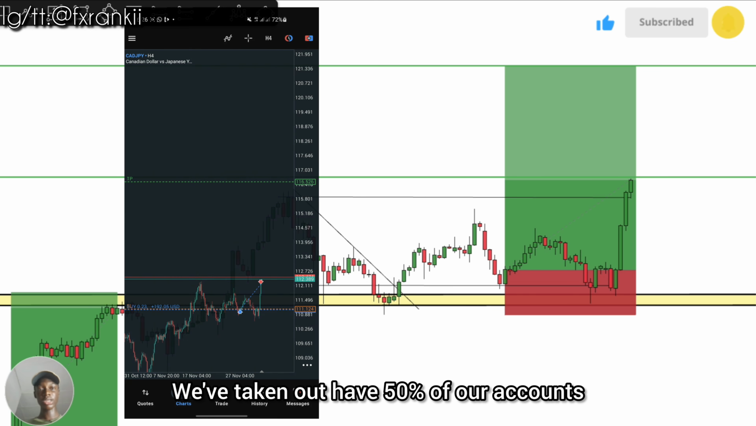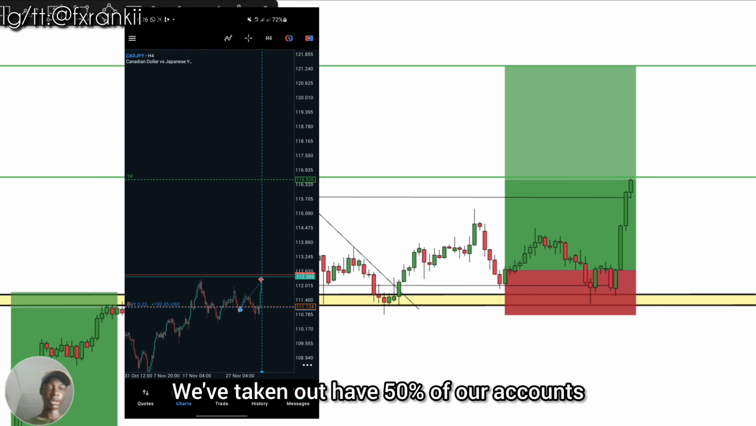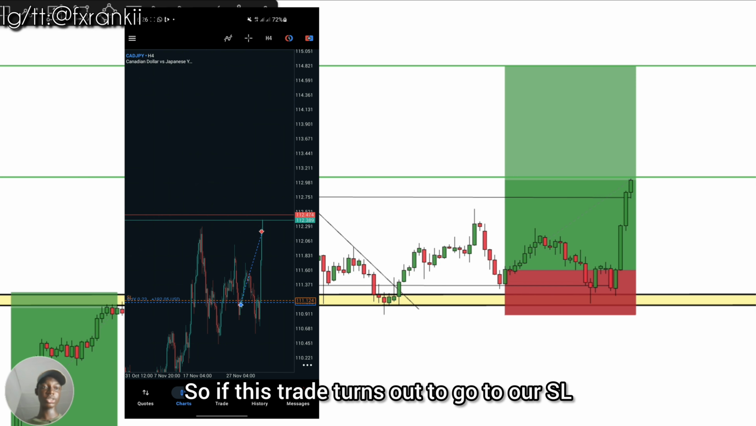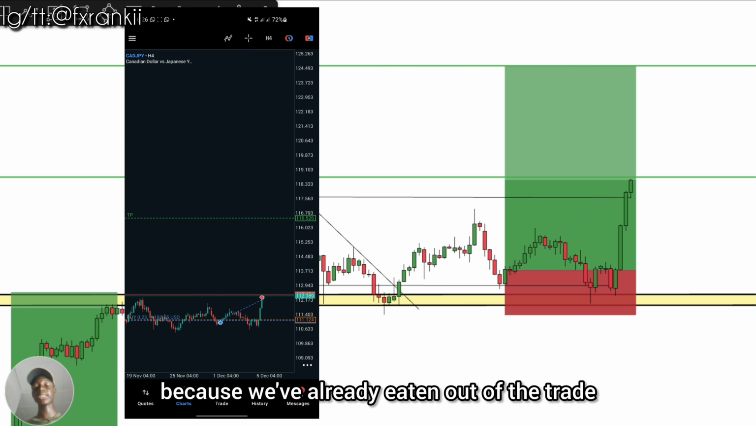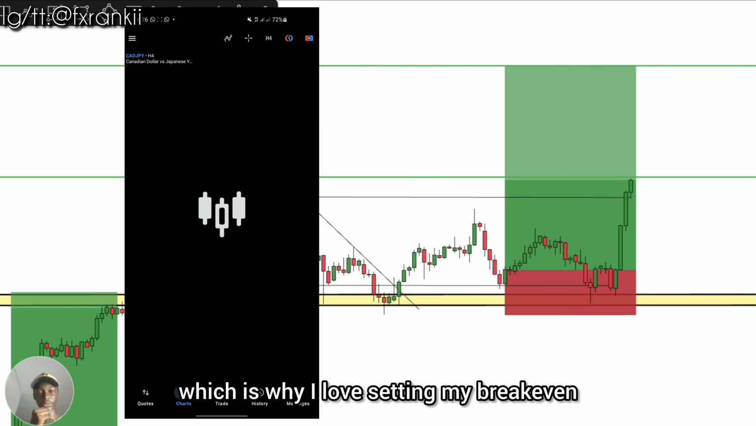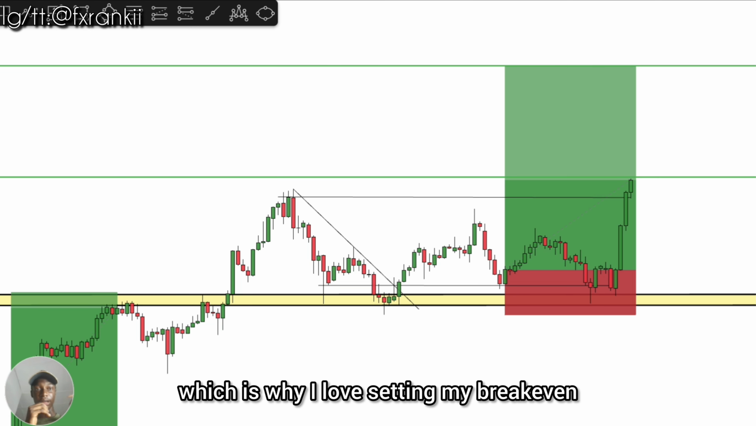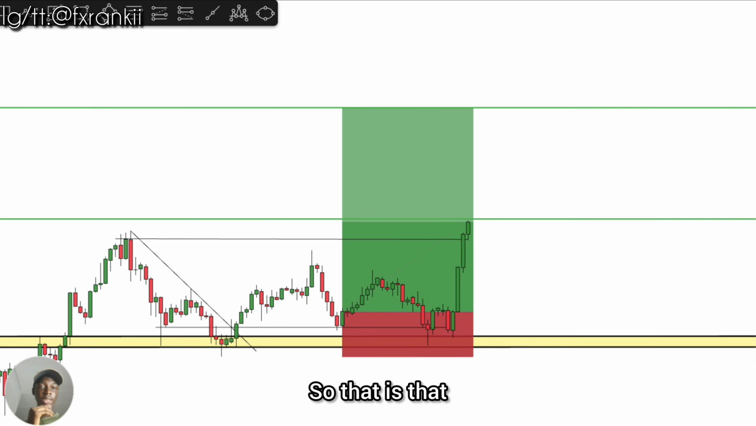We've taken out half, 50% of our account, and we are fine with this trade. So if this trade turns out to go to our SL, we won't complain because we've already eaten out of the trade, which is why I love setting my break even and my take profit one. So that is that for